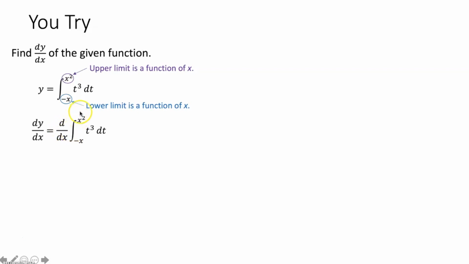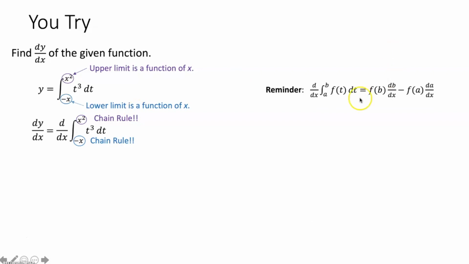But in this case, like we said, our lower and upper limits of integration are functions in terms of x. Not only that, they're not just x. Down here we have negative x, up here we have x squared, meaning that each of these are going to require the chain rule when I take the derivative. So let's remember that formula we worked out earlier with the fundamental theorem of calculus. It looked like this. When we take the derivative of a definite integral where the lower and upper limits of integration are functions in terms of x, it's going to look something like this, where we have our function